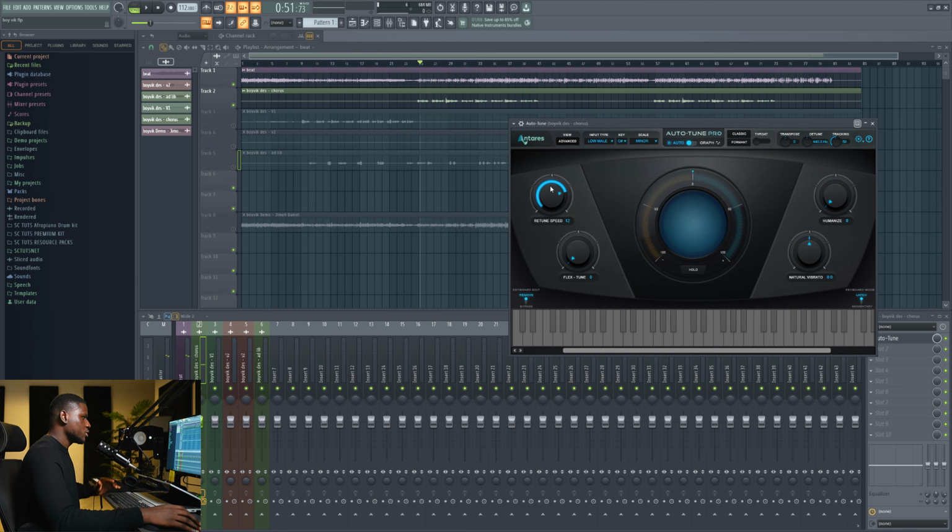All right, so now that tuning is good. Now the flex tune is just simply how much you want to allow the vocal to sound a bit more natural, okay? If I increase it, you're going to hear relatively less auto-tuned effects. So if I press play,